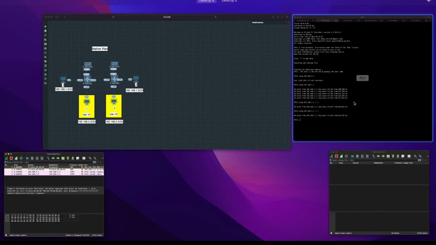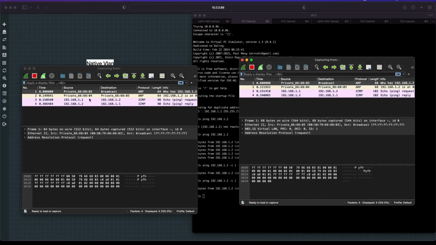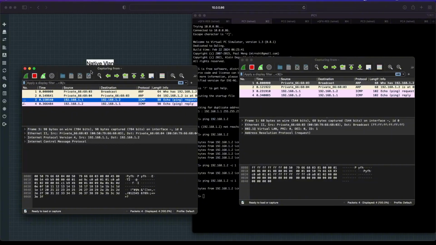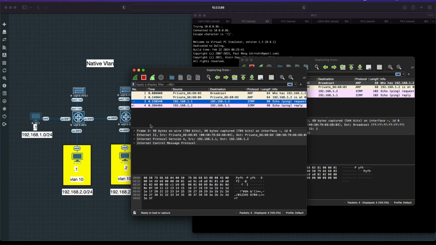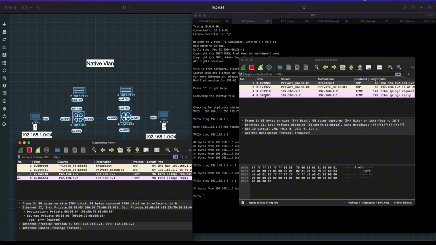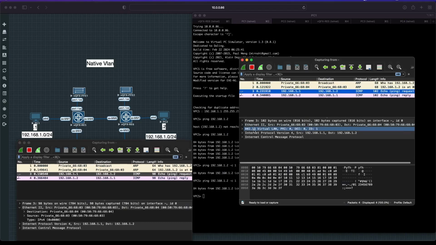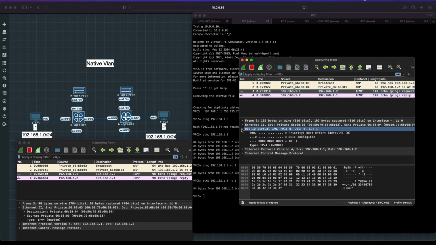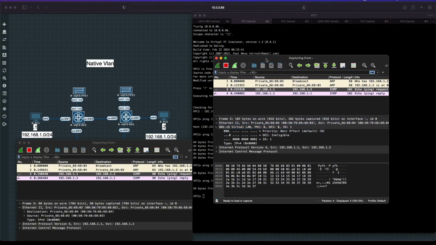As you see here, the packet going from XE001 is not tagged, and the packet going through XE000 has the VLAN tag. So I believe this is an issue with Wireshark, because I just did the same thing with